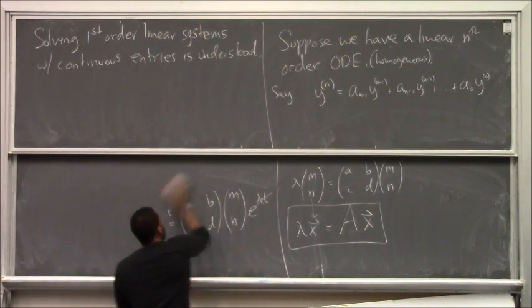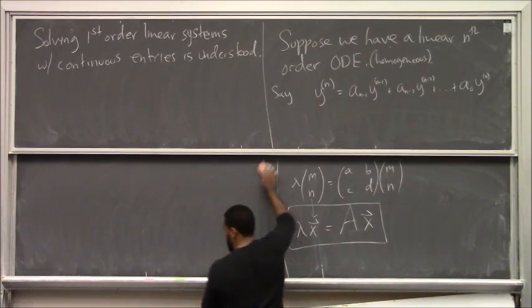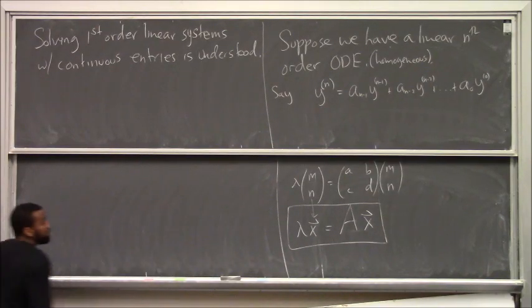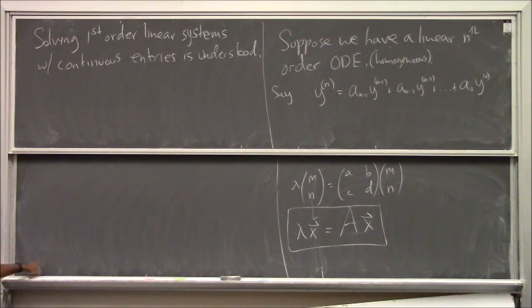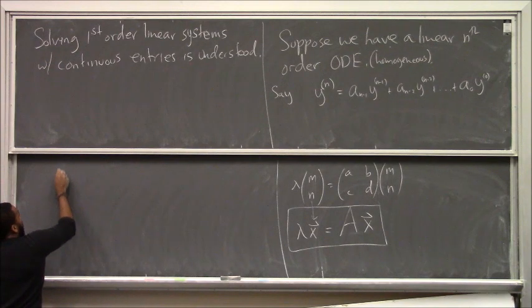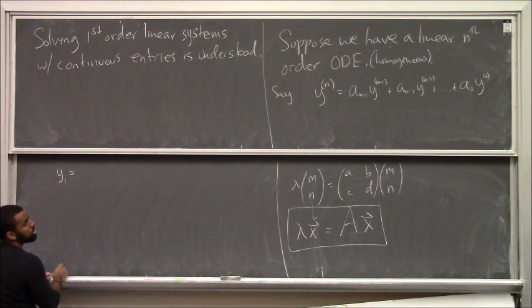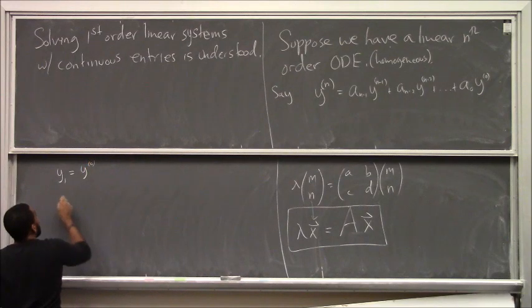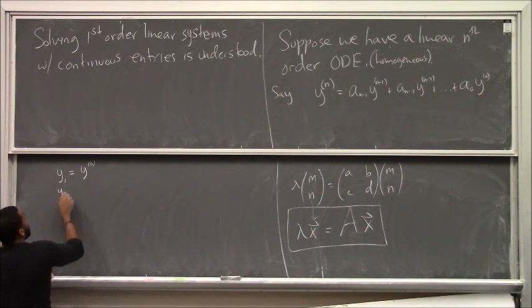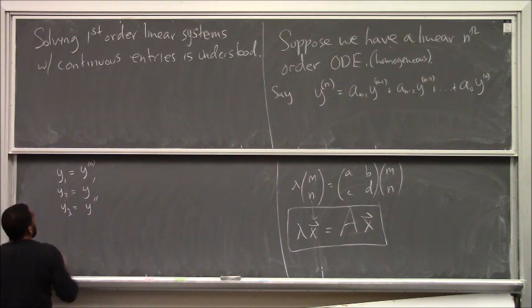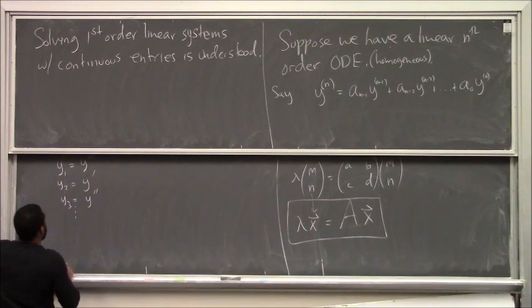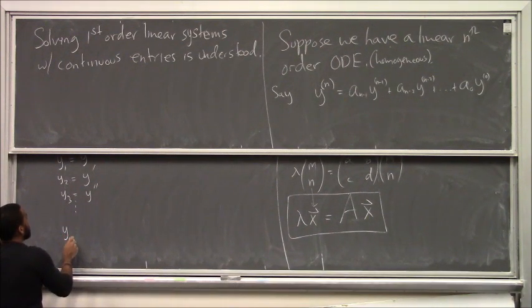You can create a system of equations from that one equation. Well, here's what we're going to do. I am going to call y1 my y to the 0, my y prime, y2 is the first derivative, y3 is the second derivative, and so on and so forth. I would get up to the fact that my yn